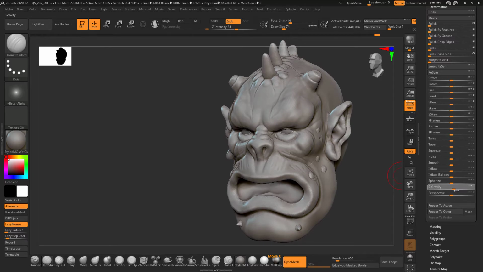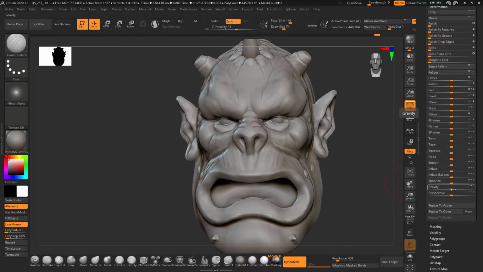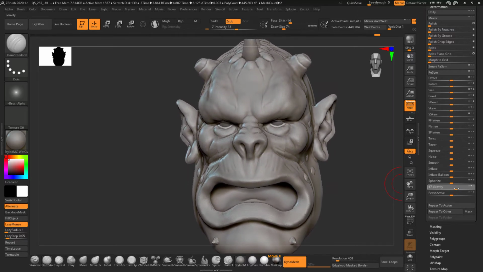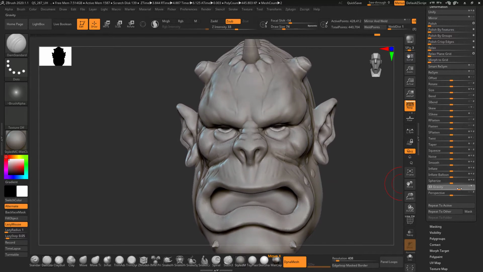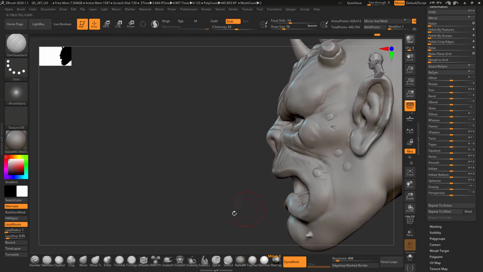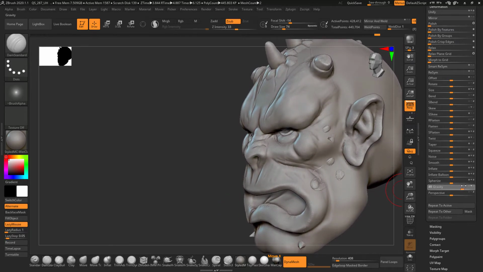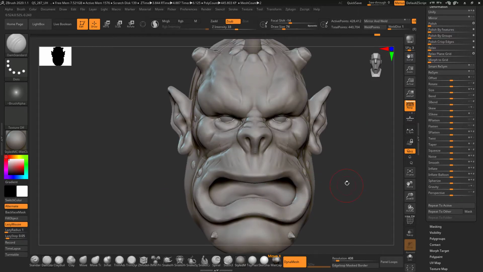This is gravity. Basically when you increase the gravity, it pushes your mesh, your model, to the side of gravity, to give a natural look. So I'll give an example. You can also make a selection.